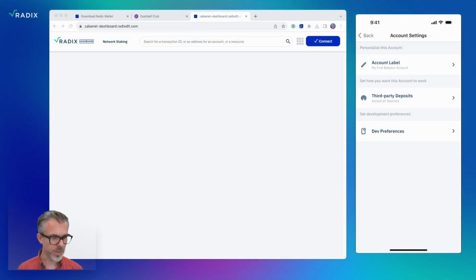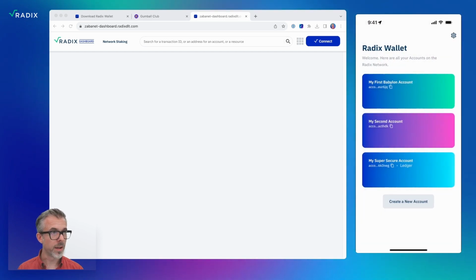So I've got set up here my wallet on the right, and I've got the Radix dashboard pulled up on the left. The URL is wrong. I'm on a test network right now, but ultimately this is going to be at dashboard.radixdlt.com. It's very simple in version 1.0. We're obviously going to be adding more features to this in the future, but right now it's really focused on